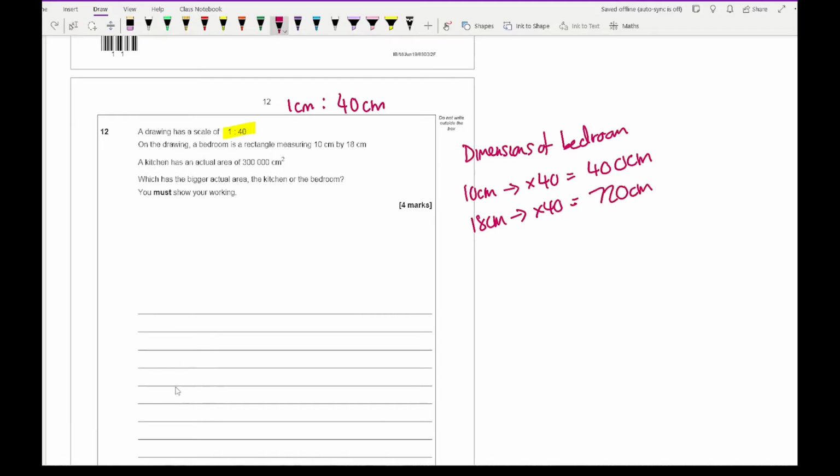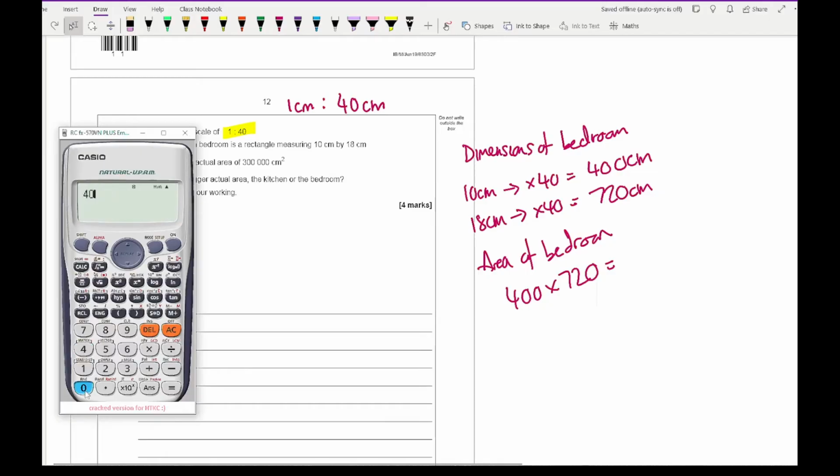So then to work out the area of the bedroom, what I've got to do is do 400 times 720. So again on the calculator, 400 times 720, and that gives me an answer of